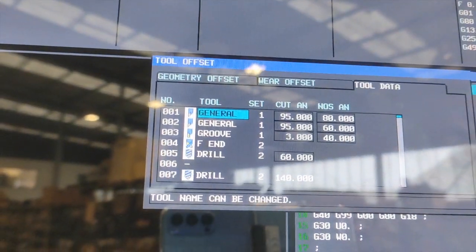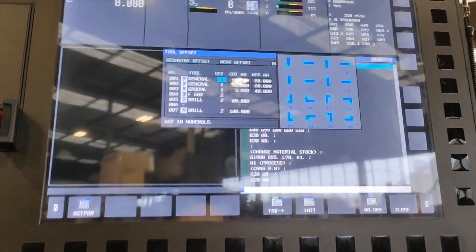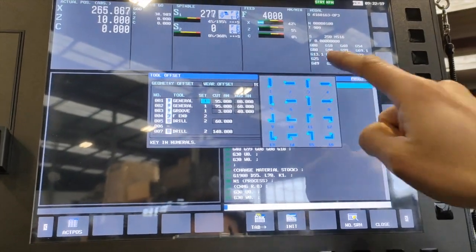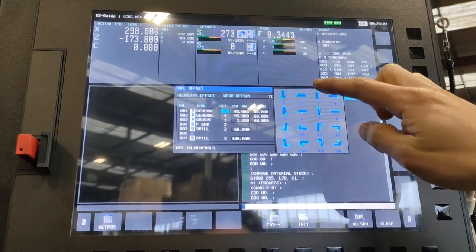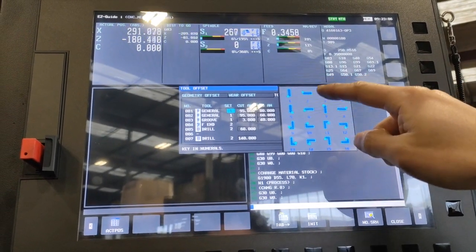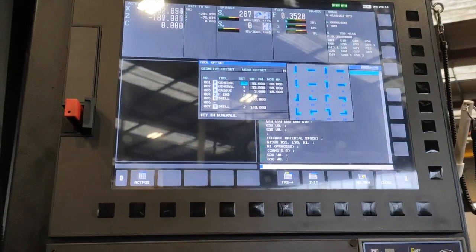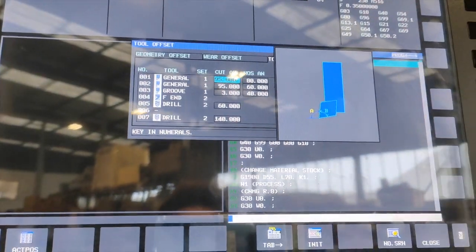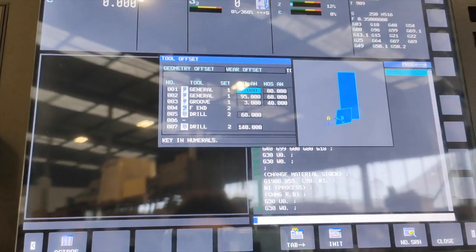As you can see, there's a symbol of turning, and you will set your tool to 1 because that one is facing or turning, so number 1. So you can see on the drawing what kind of tool you are using. So it's up to you guys which one you are going to use, but this one is very important. And your cut angle,